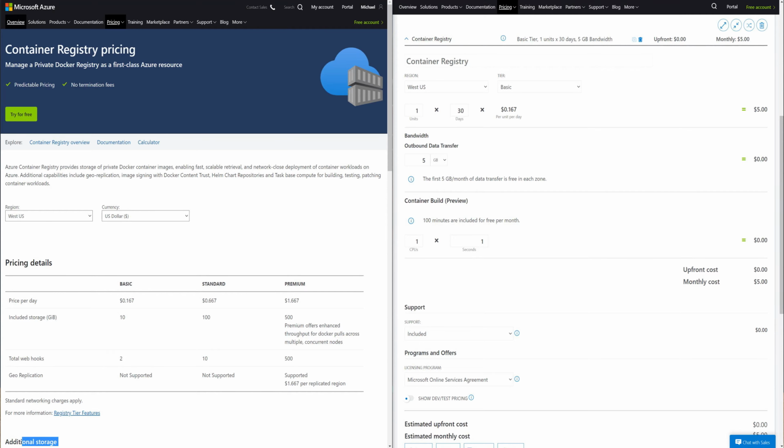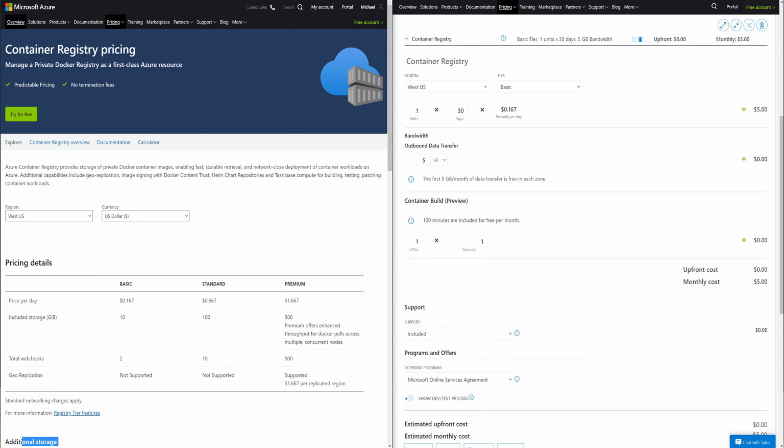Now, AWS was consistent in that their pricing details showed a per gigabyte charge, and then in the calculator they asked how many gigabytes you wanted to store. But in Azure, they really made this confusing because the pricing detail says you get 10 gigabytes of storage with a basic tier, but then they have an additional cost on top of that, meaning it's okay if you go over that, but you'll pay this extra cost, and that cost is the same regardless.